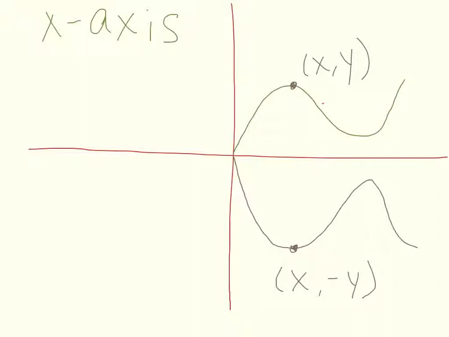Think about it like this. It's almost like you've taken this part, flipped it over a mirror, so this is the same distance as this point. This point is the same distance to here as this point is to here. For something to have y-axis symmetry,